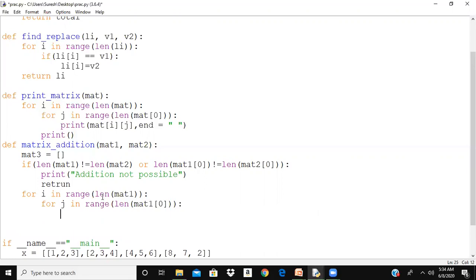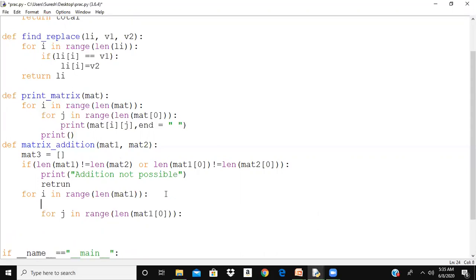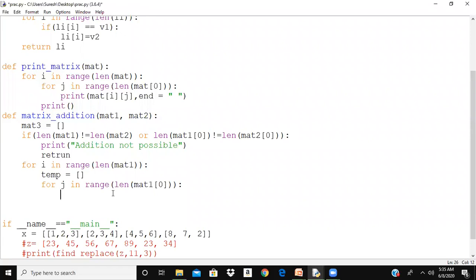Now let me create another list here. I am calling it temp. Temp is equal to an empty list, there is nothing in temp now, so here I am telling temp dot append.